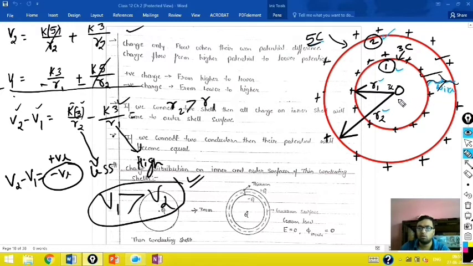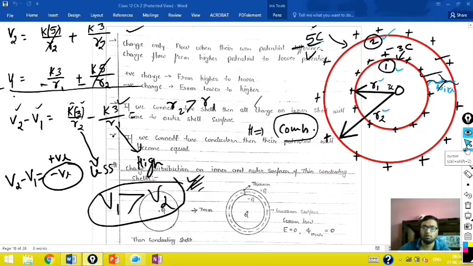We can take one more case. If we take a negative charge also, in that case you can see your result will be the same. You can verify the same by taking, instead of this plus 3, minus 3 coulomb, or you can take minus 5 coulomb, and here take plus 3 coulomb. Now this you have to do at home, making different combinations of charges. Sometimes this one is positive, that one is negative, or this is negative, that is positive, or both are negative. In each case you will see that your potential will give the same result, okay. You can verify it also.